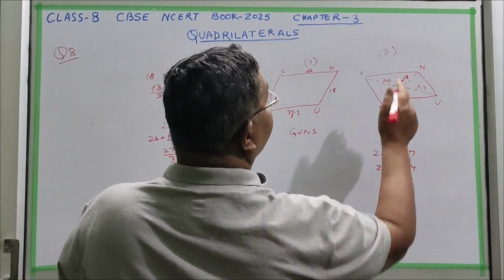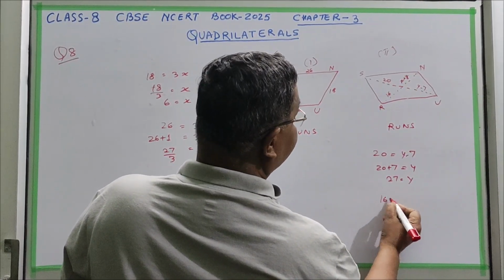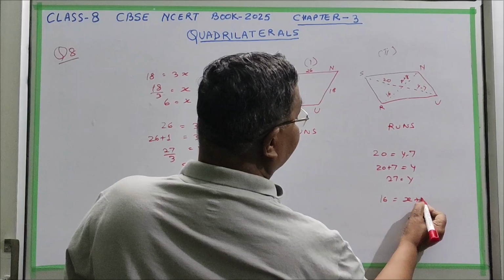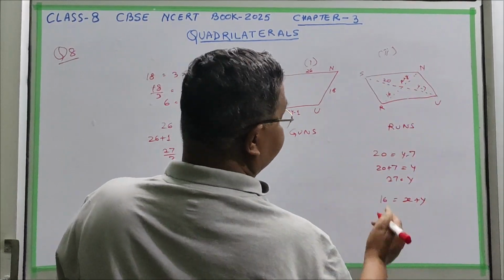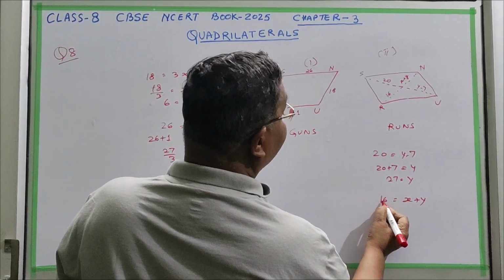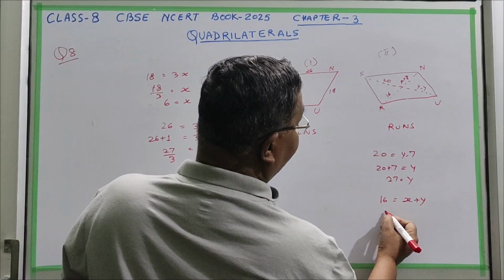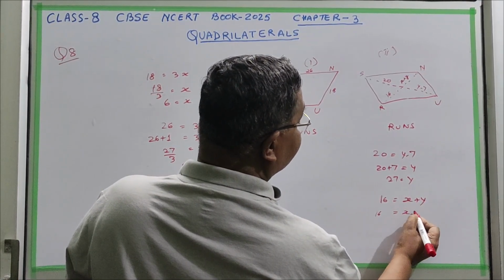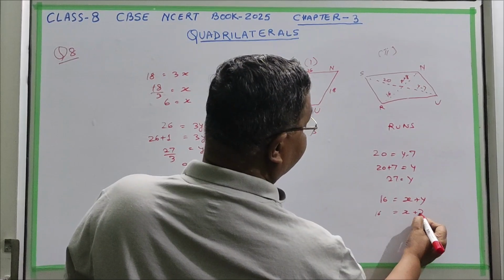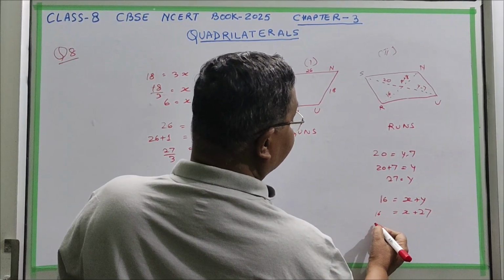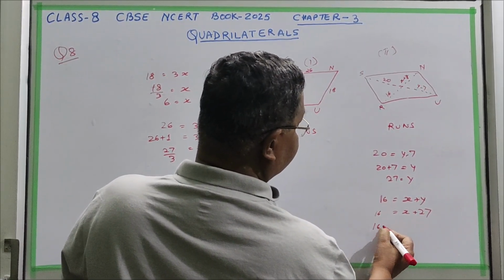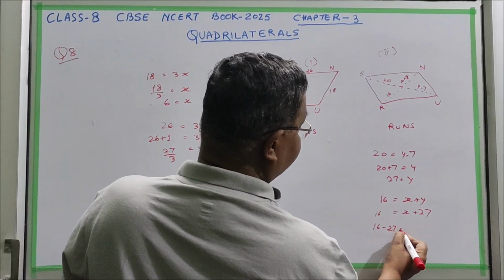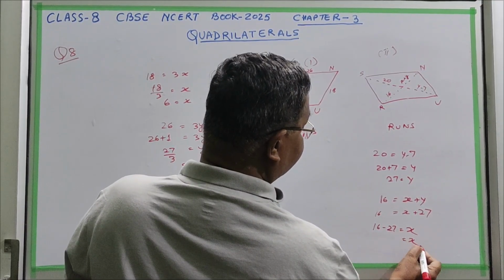Now this value we will put here. Means 16 is equal to x plus y, because diagonals bisect each other. Diagonals of a parallelogram bisect each other. So 16 is equal to x plus 27. So this 27 will come here. 16 minus 27 is equal to x. So x is equal to